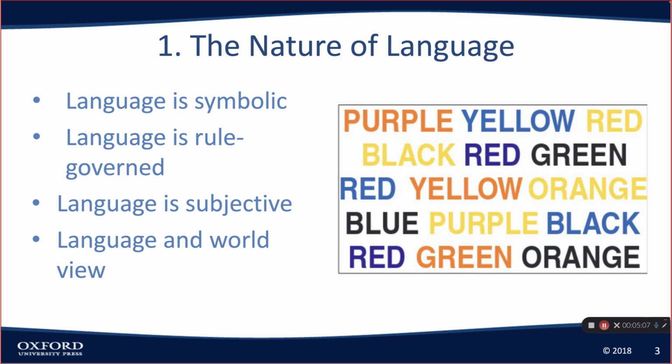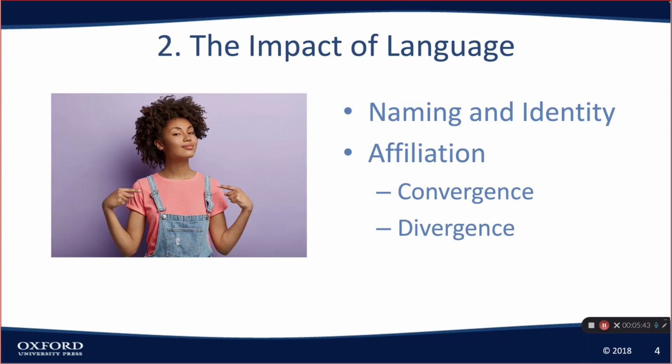But the idea is called the Sapir-Whorf hypothesis. The idea is that the words that we use help to shape the way that we see the world. And I would argue also that the way that we see the world helps us with the words that we choose to use. Anyways, that's a concept that could really blow your mind, and I would really like to discuss it because I find it very interesting, and it has to do a lot with culture. Okay, really quick, the nature of language.